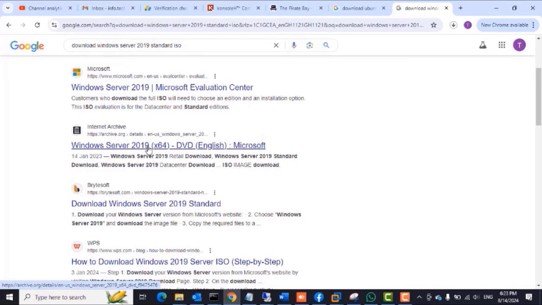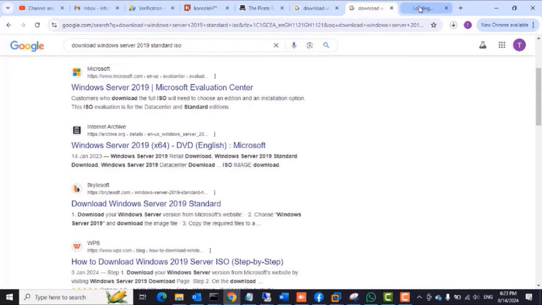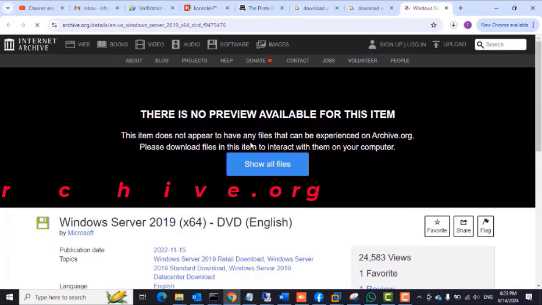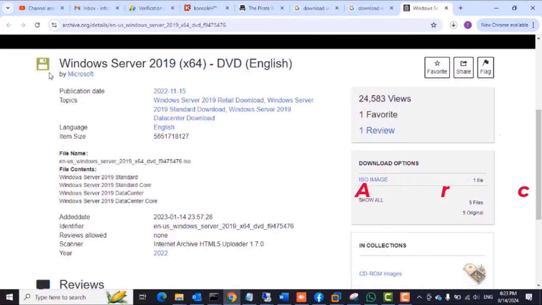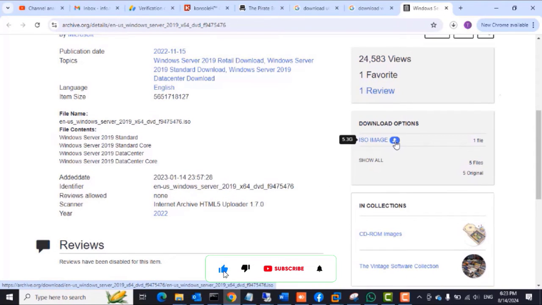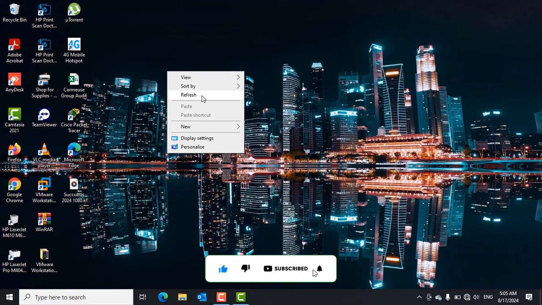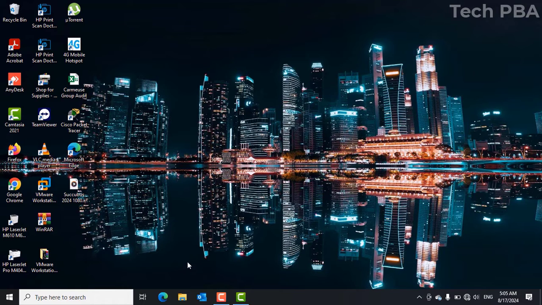So you can also download this operating system's ISO from another trusted website called archive.org. So you can have any kind of operating system you want. You can download it from that website, just as you are looking at on this screen right now. So like I said before, I've already downloaded it, so I'm not going to download it again. So moving on,